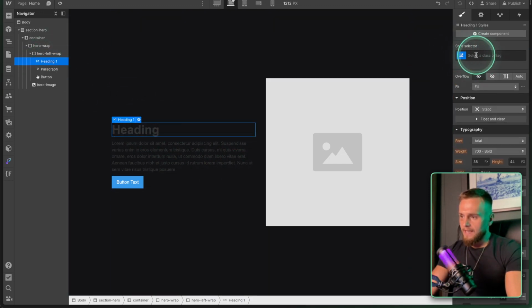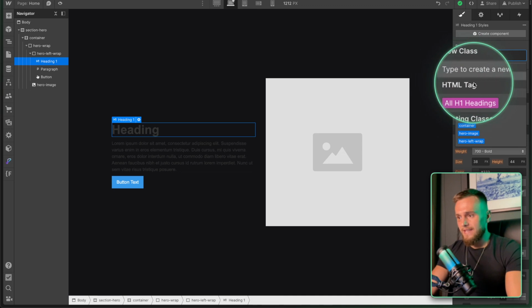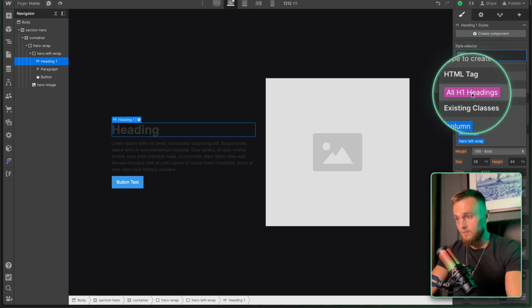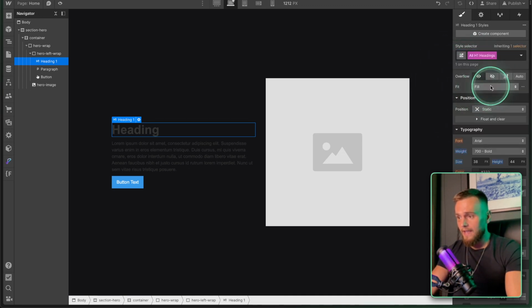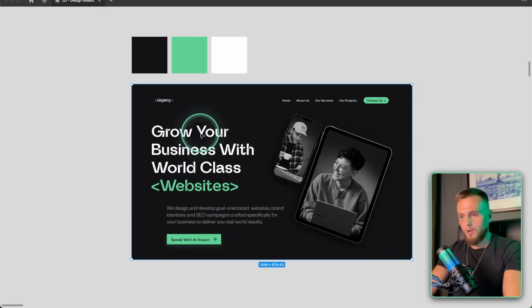Now, if we come up to the name, because we want to name this before we style it, you can see we've got a HTML tag. So we actually don't need a name for this. What you want to do is select the H1 heading, and then you're going to style this based on whatever your design within your tool is. So I just want this text a little bit bigger. I'm going to make it 54 pixels, and then I'm going to come over to